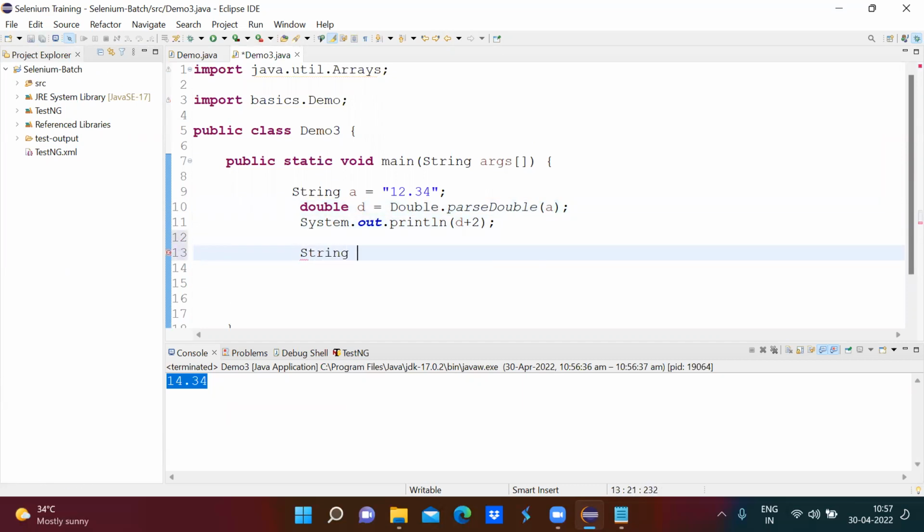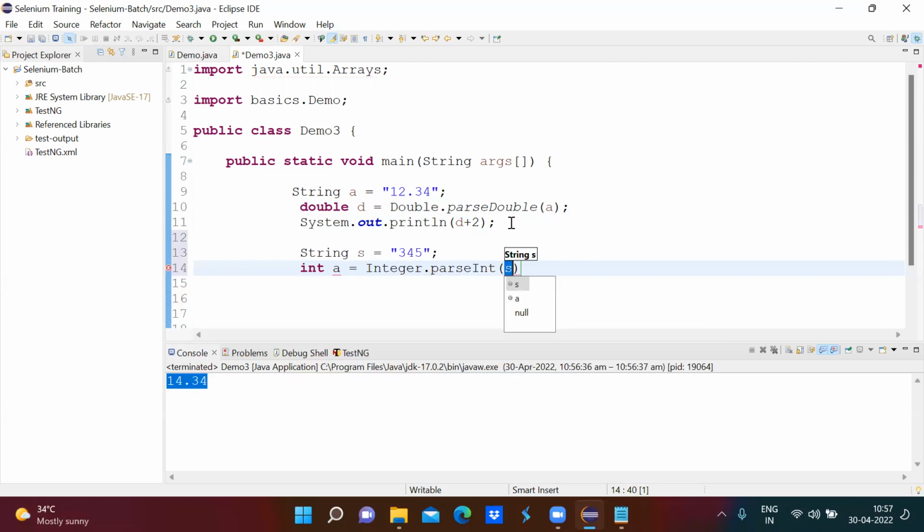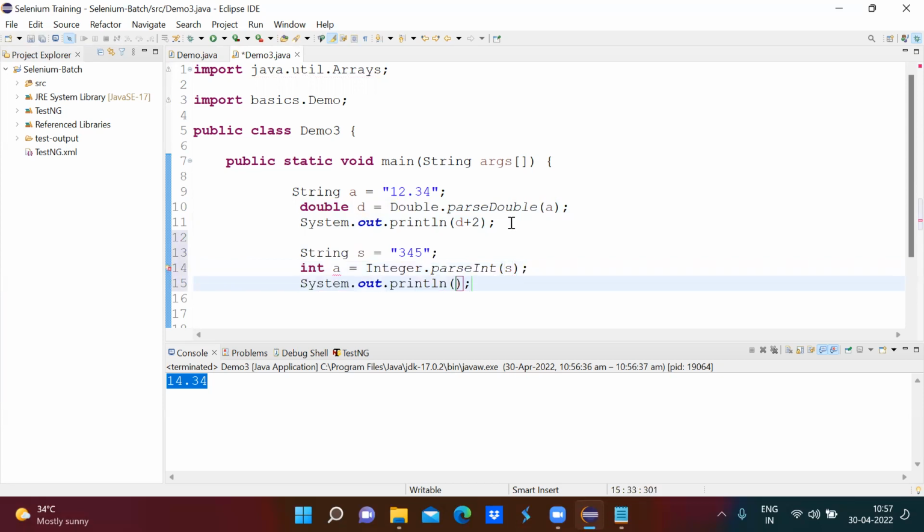So let's say I have a string s equal to 345, and I am looking to convert that into an integer. So this will convert my string into an integer, and on that